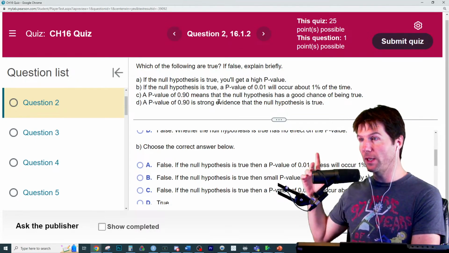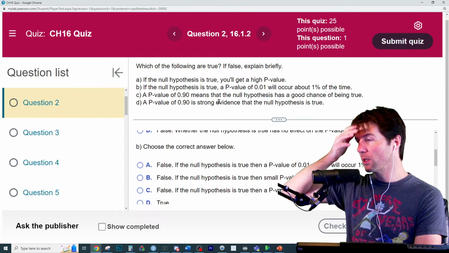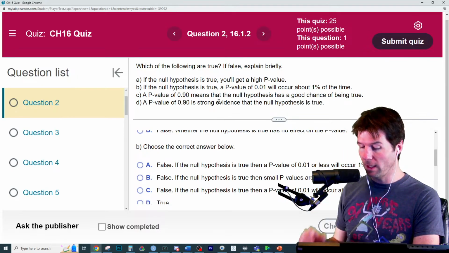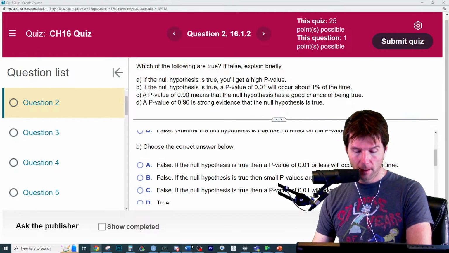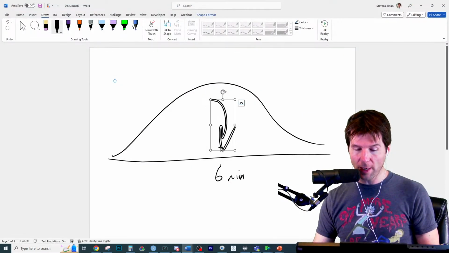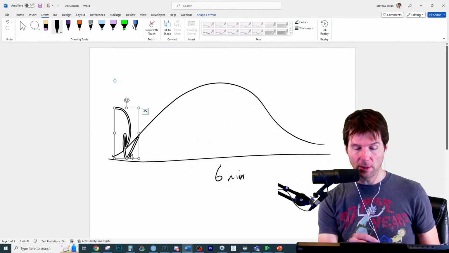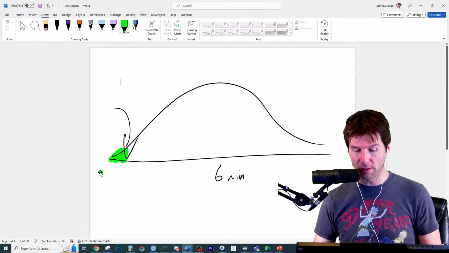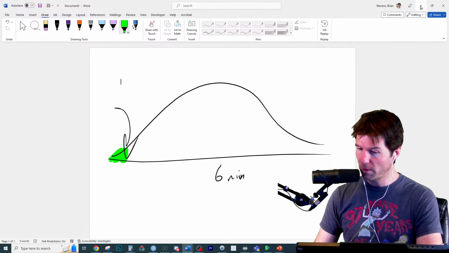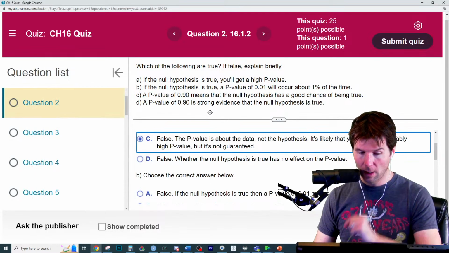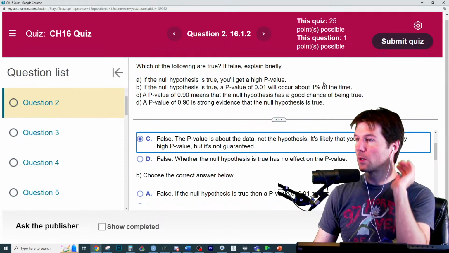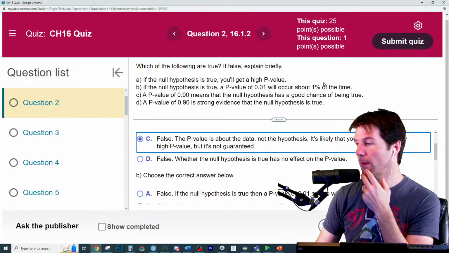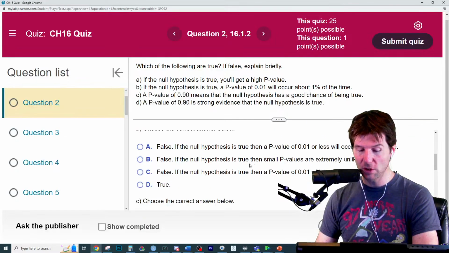Well, no, that's not a margin of error right there. That is just saying that if the null is true, then you would see Brian run something down here. Like if this is the bottom 1% of the curve, you would see Brian run something down here 1% of the time due to random chance. Did they add the random chance on there? Let me see. I wish they did. They should say would occur 1% of the time due to random chance. Be better. This is actually true right here.